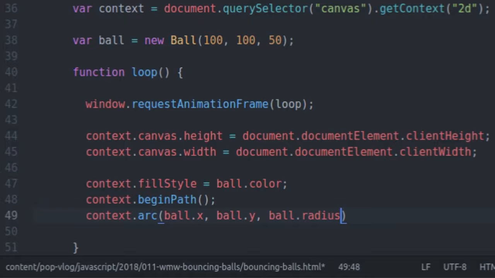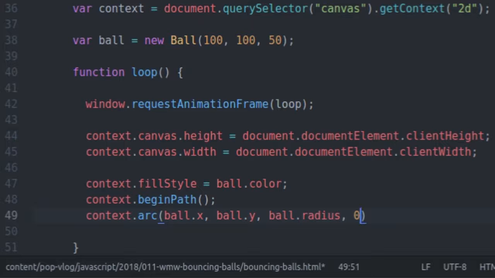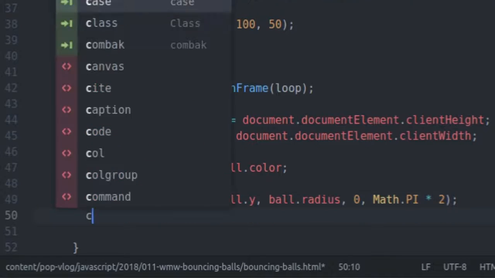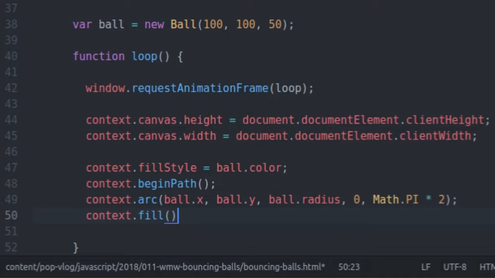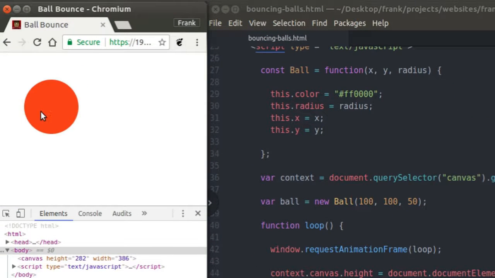Then I'm going to hand in the start position to start drawing the circle, because how this works is it literally draws a big arc in a complete 360-degree circle. So I'm going to start drawing that circle at 0 radians, and I'm going to go all the way to Math.PI times 2 radians, which is an entire circle. It would be equivalent to 360 degrees. So that's going to draw my circle, and then I'm going to say context.fill, and that's going to fill the ball with the ball's color right there, or the context fill style. So now when I come over here and refresh, I'm going to have a big red ball on the screen,